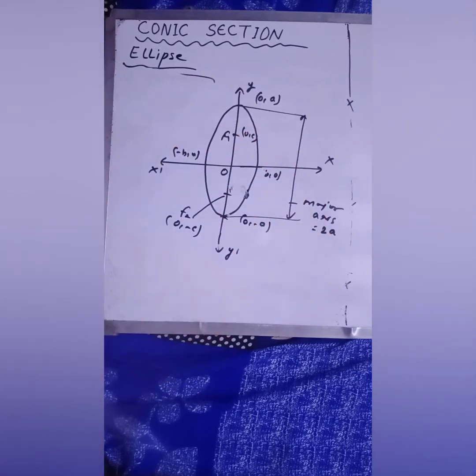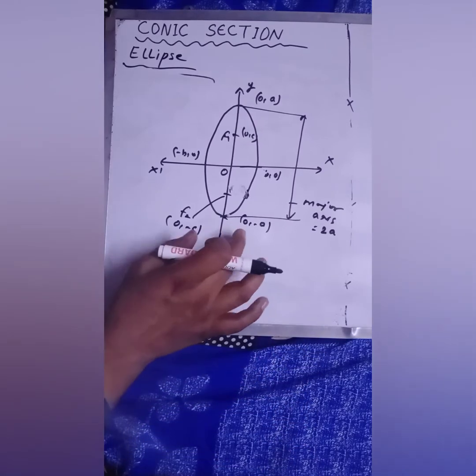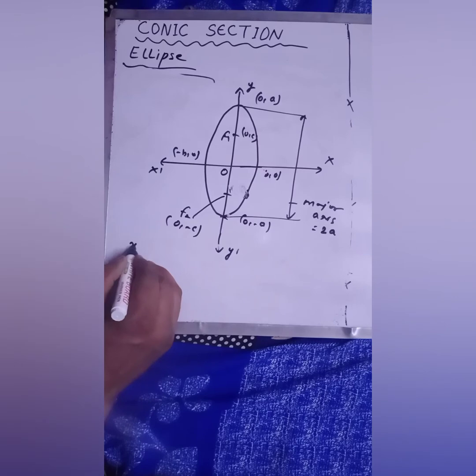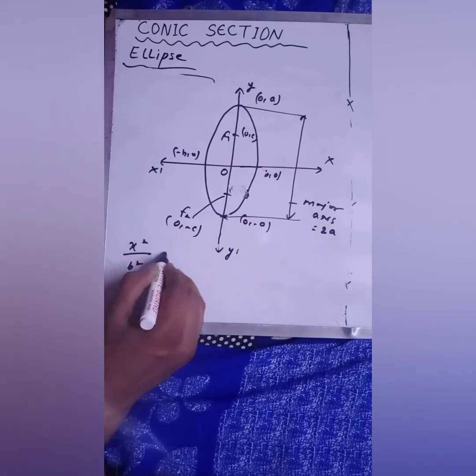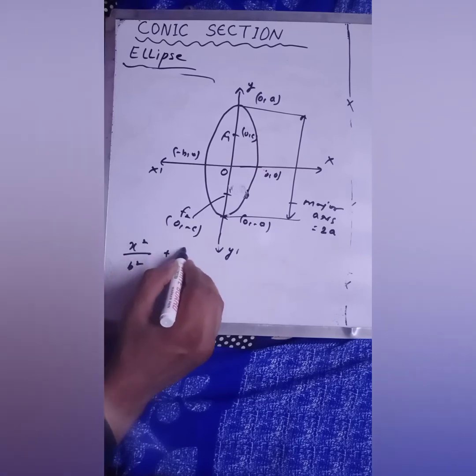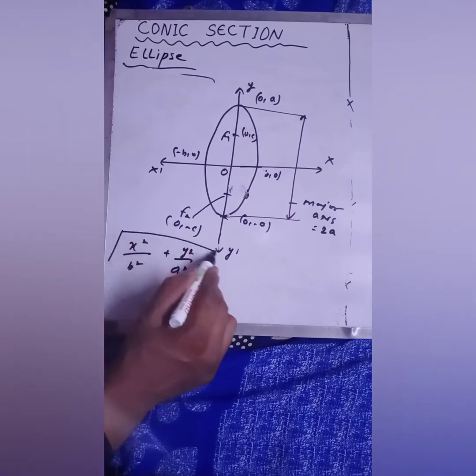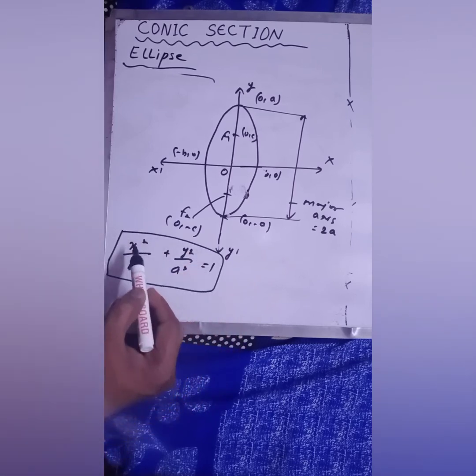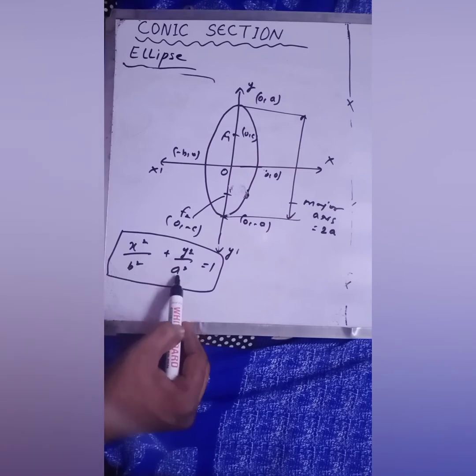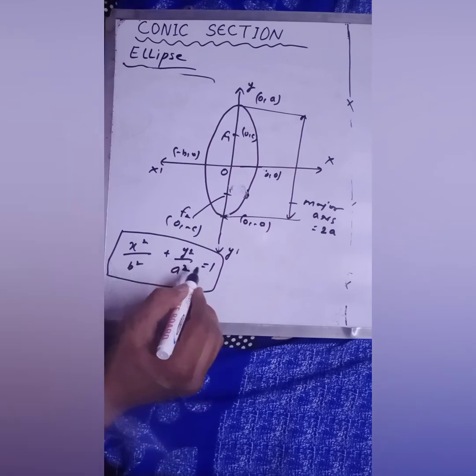And next, all these things will remain the same, but the equation of this ellipse would be x square over b square plus y square upon a square, that is equals to 1. So this would be the general equation. ठीक है, वहां पे पहले वाले में क्या आ रहा था, x स्क्वायर के अपॉन में a स्क्वायर आ रहा था, बट यहाँ पे b स्क्वायर आएगा. ठीक है, and y square upon a square, and that is equals to 1.